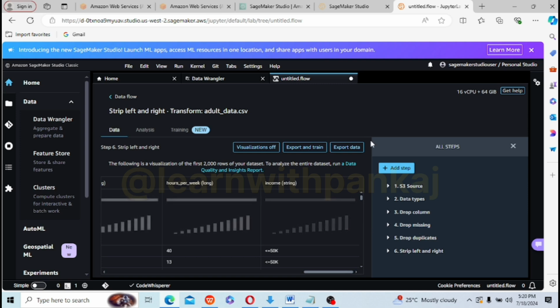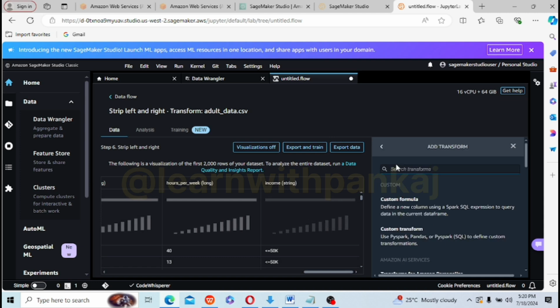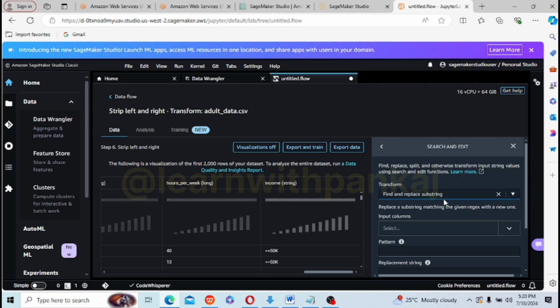Okay, now let's add that transformation. So we want our income, that is the target, to be in zeros and ones, so the machine learning model could understand it. We are going to add transformation, right? Here we will do search and edit, not find and replace.